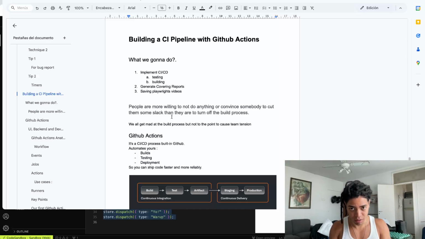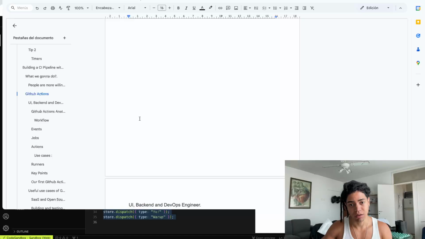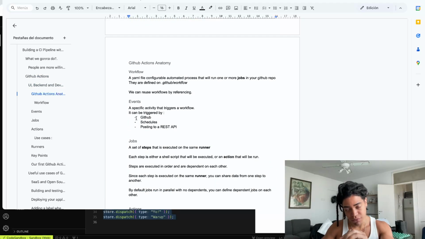And now GitHub allows you to define these particular workflows using something known as GitHub Actions. So these GitHub Actions are exclusively for GitHub, where you can define these workflows by defining a series of jobs that will run in parallel by default, and then you can reuse some of those workflows in your different applications, right? So the anatomy of this workflow is that